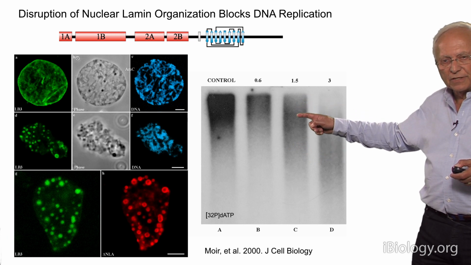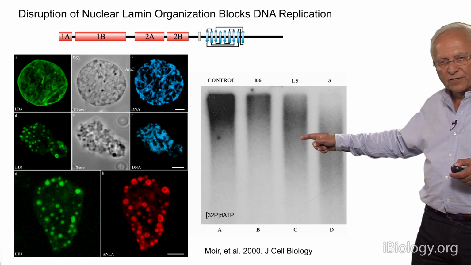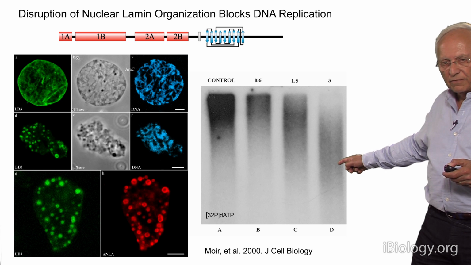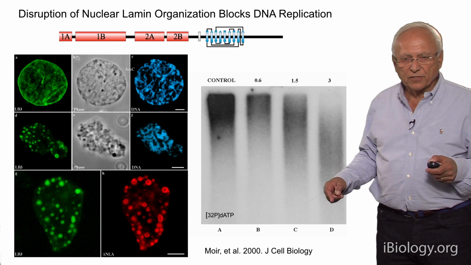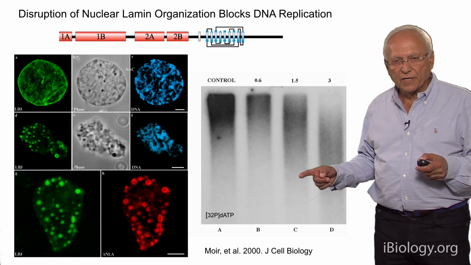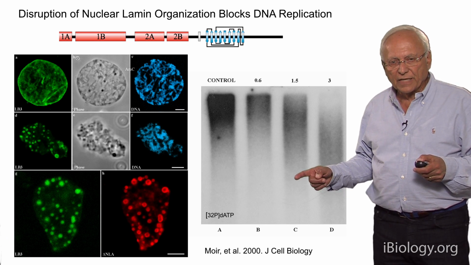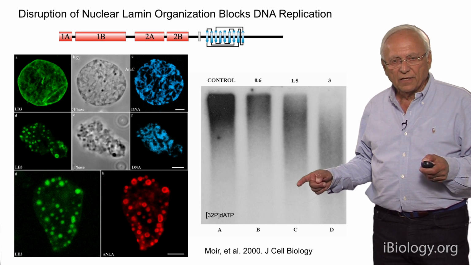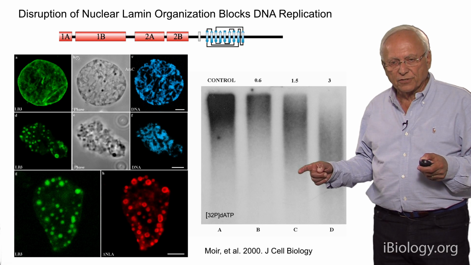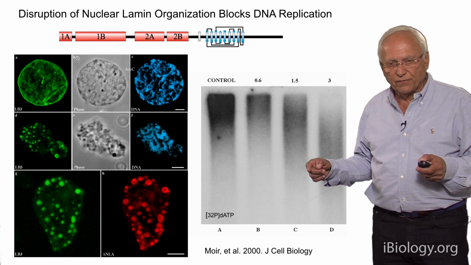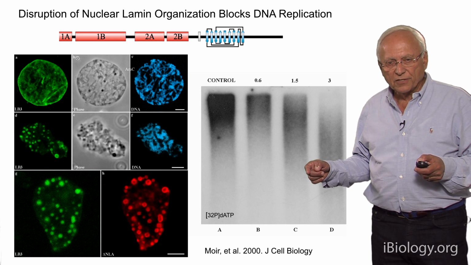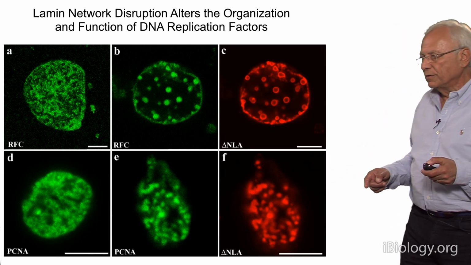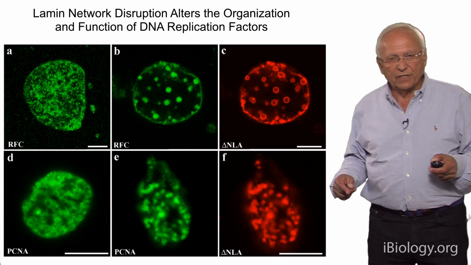So DNA replication can be inhibited in a dose-dependent way by adding this dominant negative mutant of lamin assembly, and in fact, you can reduce the replication by as much as 95% with this lamin mutant. But you always have residual DNA replication, and it turns out that that's because the initiation of replication can take place, but the chain elongation phase of DNA replication is inhibited. And this is totally recoverable because if you put these nuclei back into normal medium, they'll begin to replicate their